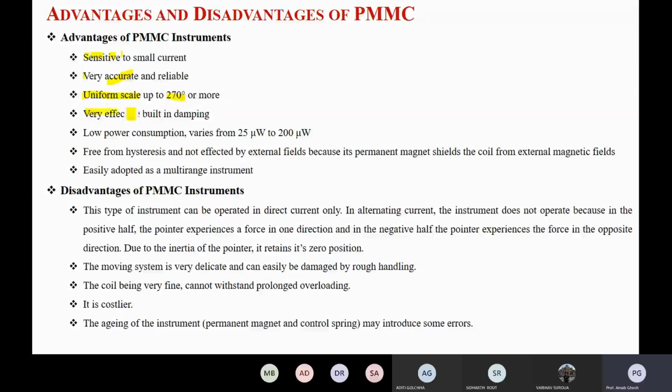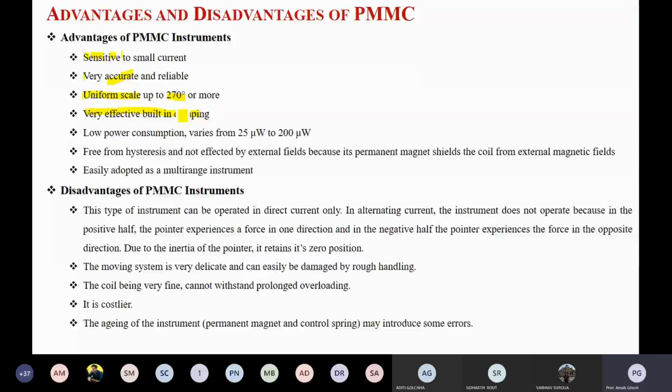In today's session I am also discussing different types of damping. In the PMMC instrument we observe a good amount of damping inherently, because of eddy current damping. We are using a soft iron yoke, a metallic former, and the moving coil is wound on that metallic or soft iron former. That causes inherent eddy current damping, which mitigates the initial vibrations of the pointer.